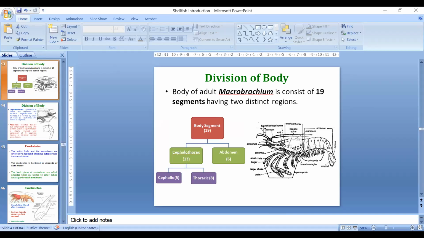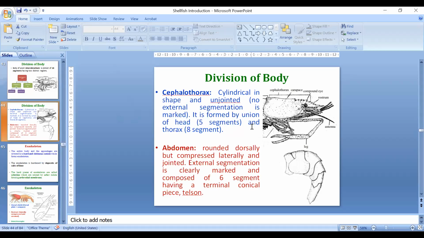Okay. So what I have told, the prawn or Macrobrachium has 19 segments, which are of two distinct regions. One region is the cephalothorax and the other is the abdominal. So here we will see in detail. Just see, this is the cephalothoracic region and this is the abdominal region. When I'm talking about the cephalothoracic region, here I have written it is cylindrical in shape. Here you can see that, and unjointed. Unjointed means although this